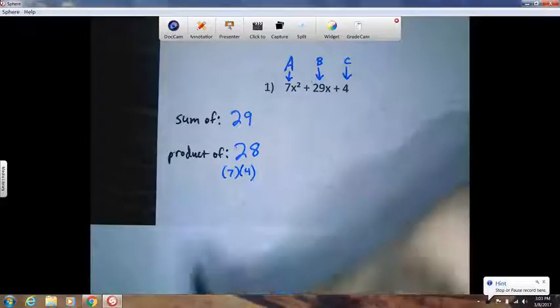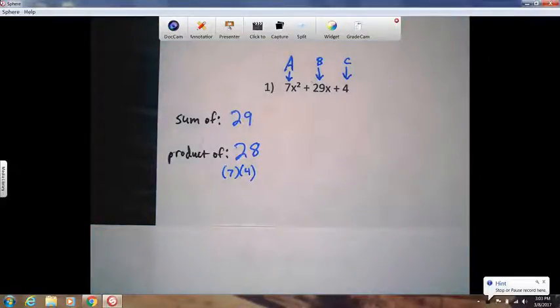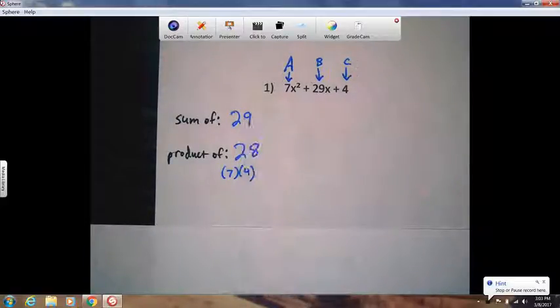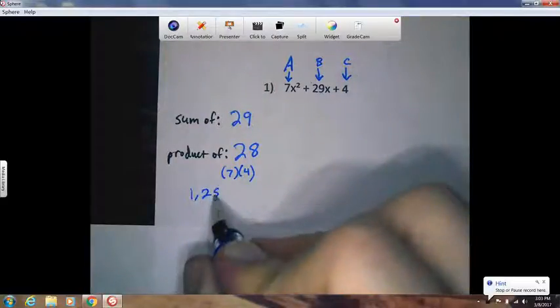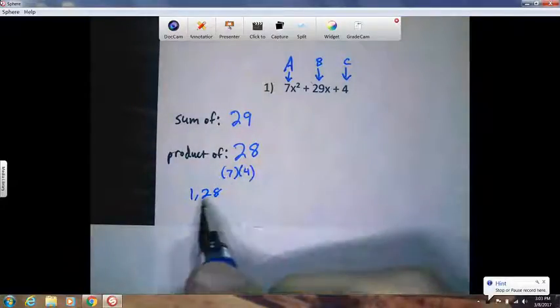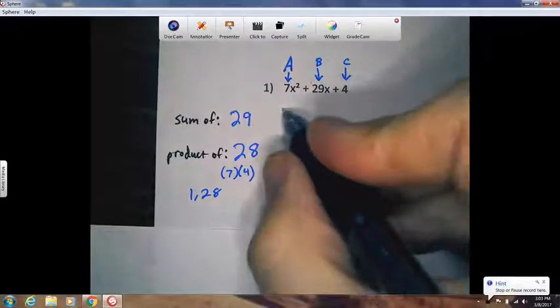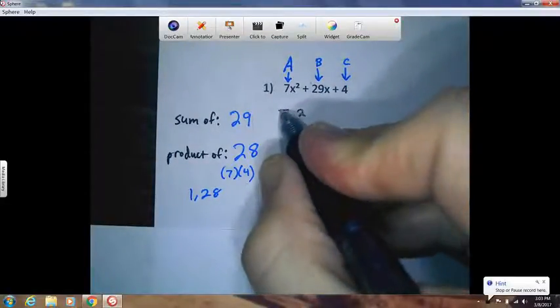That's where people will make the mistake. So I need numbers that multiply to equal 28 and add to equal 29. Okay? I know that those numbers are 28 and 1. 1 times 28 is 28. 1 plus 28 is 29. Here's where the mistake is, where it's missed. I'm going to break down the middle term